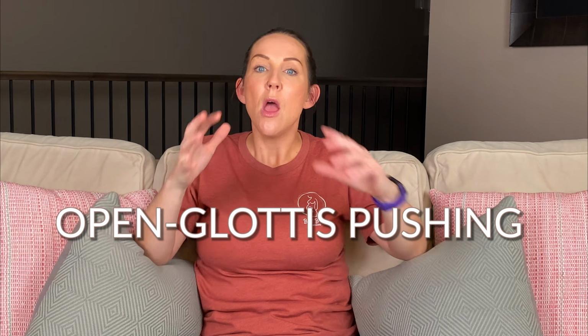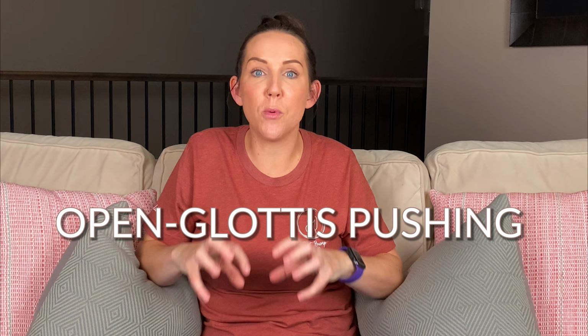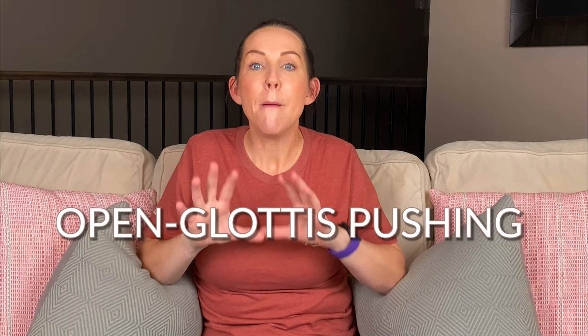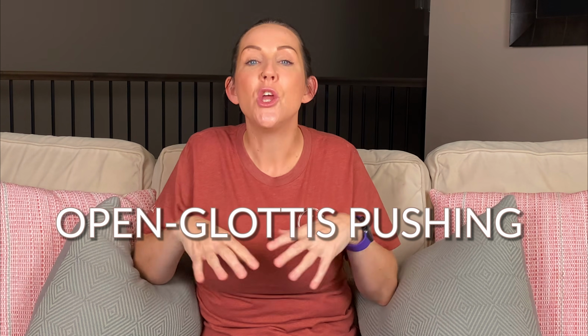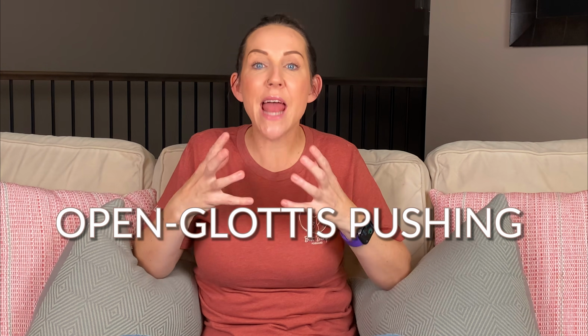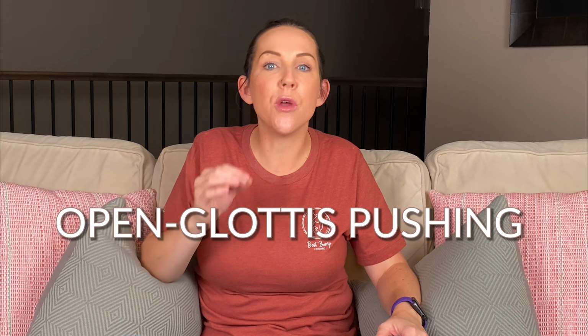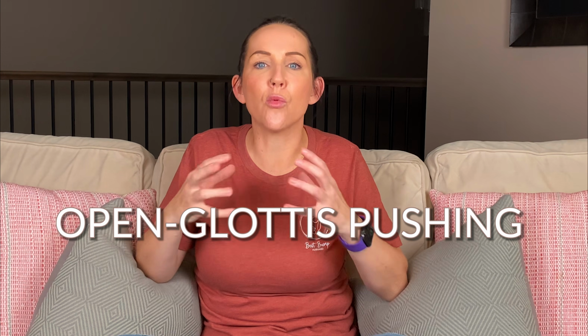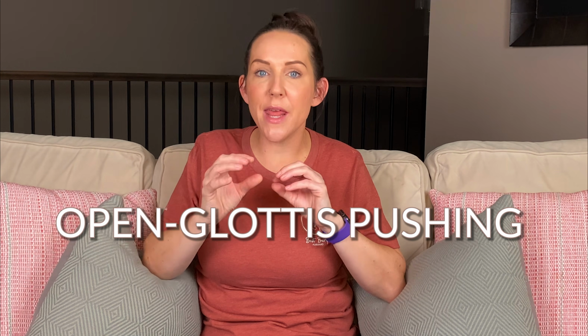When you do open glottis pushing, you are doing the same downward pushing force right out your bottom half, but instead of taking a big deep breath in and holding your breath, making no sound, you are going to take a deep breath in, and as you are pushing down, you're going to do a slow exhale, or you can whisper talk, or you can grunt or moan, whatever noise you need to make. But the key here is that you are letting air slowly exhale from your lips. So you take that same big deep breath in, and then as you're pushing down,